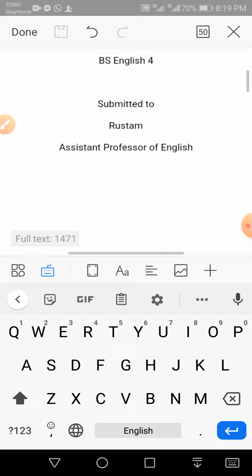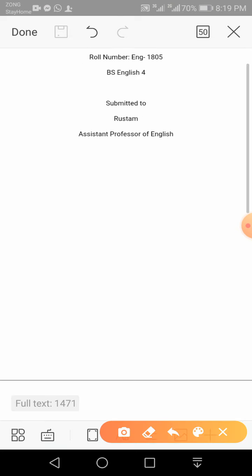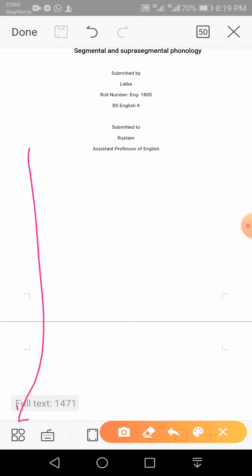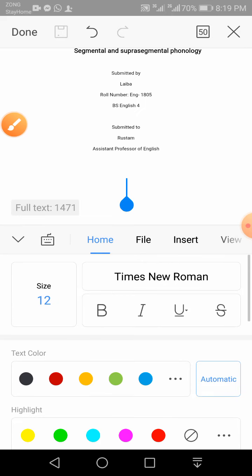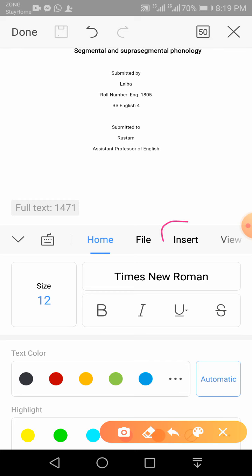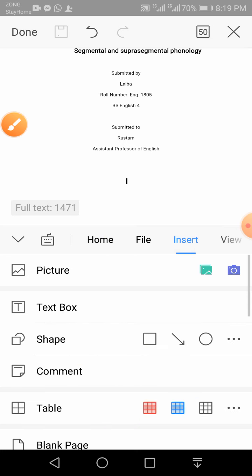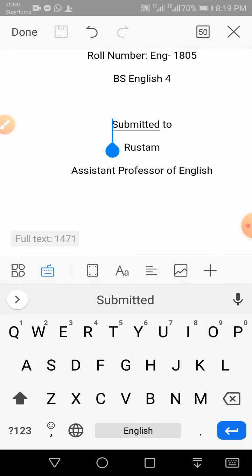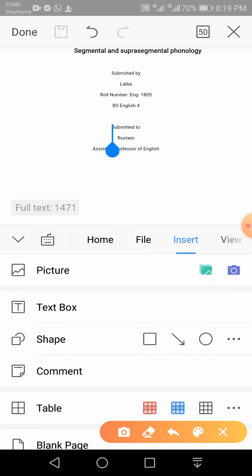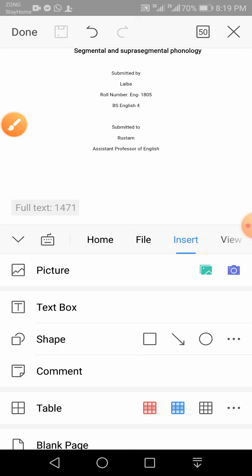Now click here. Now go to the tools button. Here is the tool button. Click on it. Now let's go to this insert. Insert. Now click here. Let me again click here, tool and picture. Here is picture. Now click on picture. So you must have monogram or logo saved. So wherever it is saved,